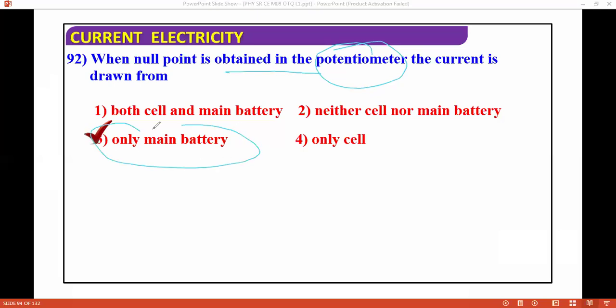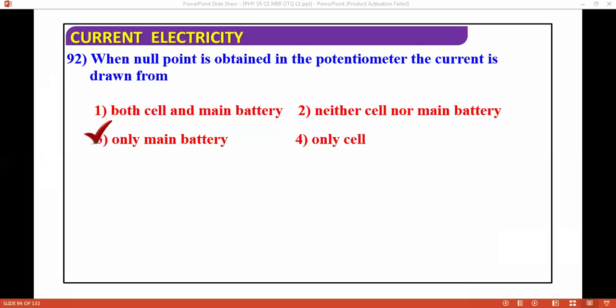This is a very important and doable question, but people don't do it, you know the reason. There are so many reasons in this world for not doing questions, not attending the question, not knowing the concept. People are taking shortcuts. That's why, you know what I mean.